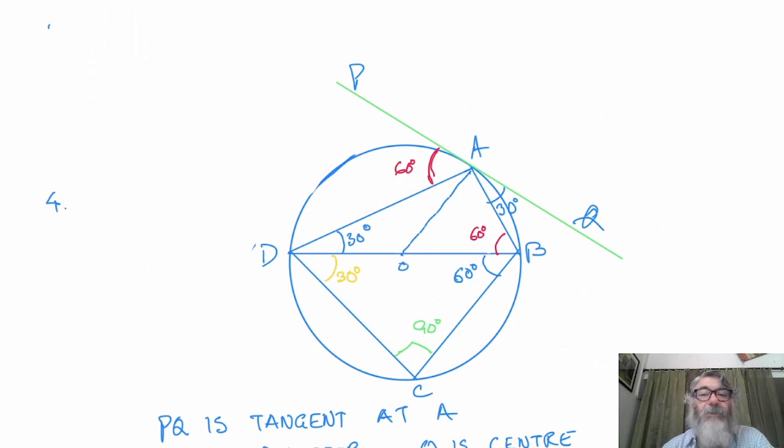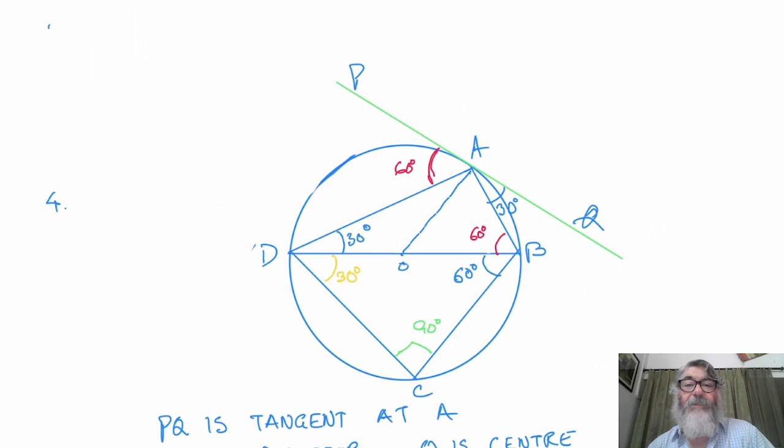If either angle is known, the second angle can be calculated. Like here ADB was given, so we calculated QAB. If QAB was given, we would have calculated ADB. Similarly, we said DB is the diameter because it has written DB is diameter, O is the center. So angle DAB will be 90 degree. So we know one angle is 30, one angle is 90, the other angle will be 60. So angle ABD comes out to be 60 degree.